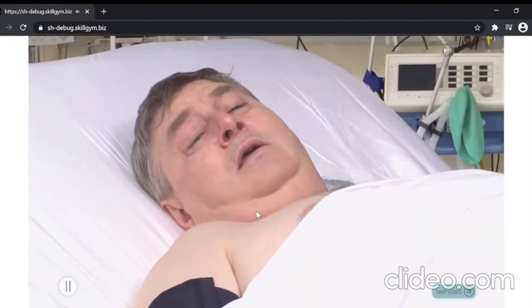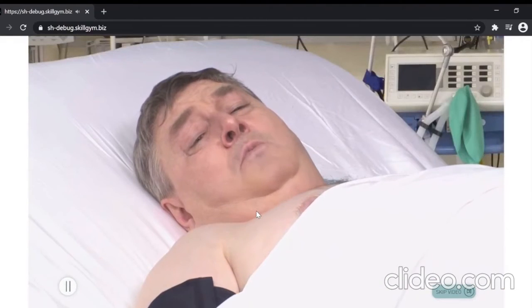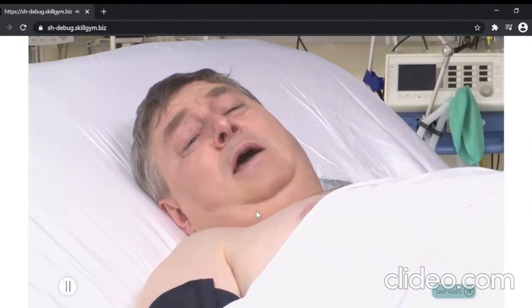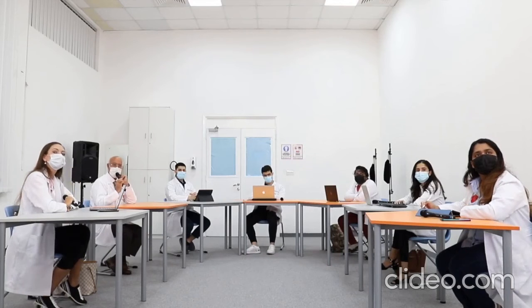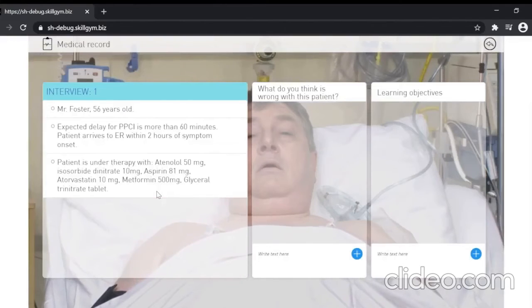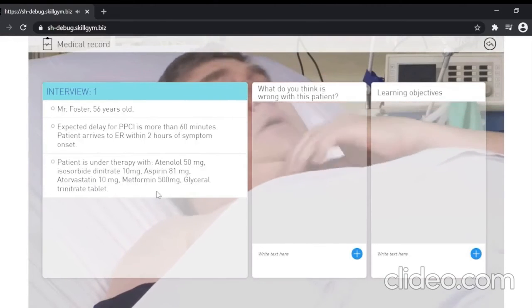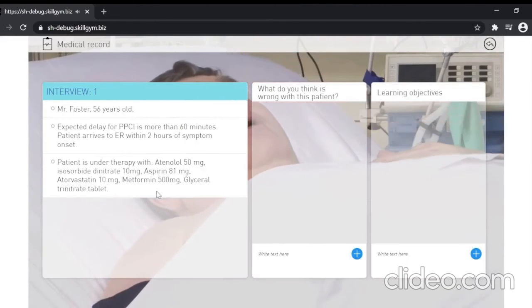Oh, there's so many, doctor. My wife wrote them down on this piece of paper. The list of, can you read it? Etanolol 50 mg, isosorbide dinitrate, aspirin, atorvastatin,